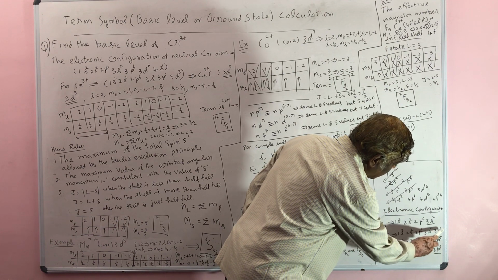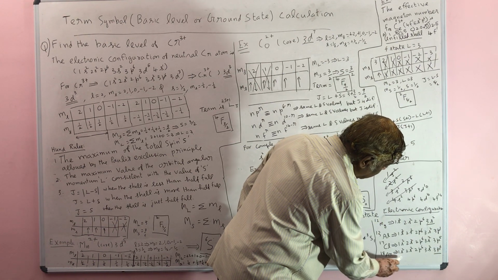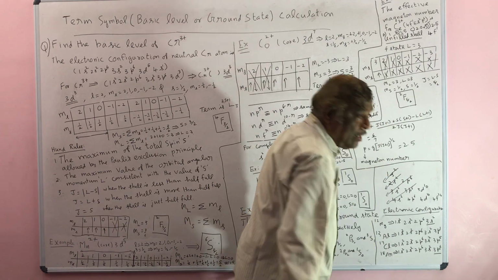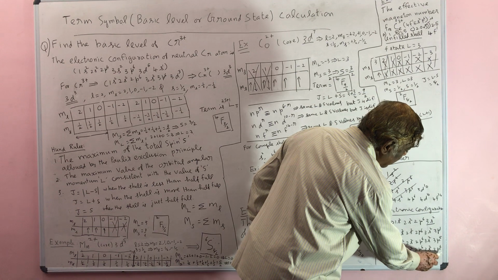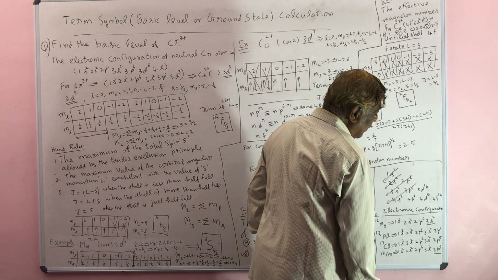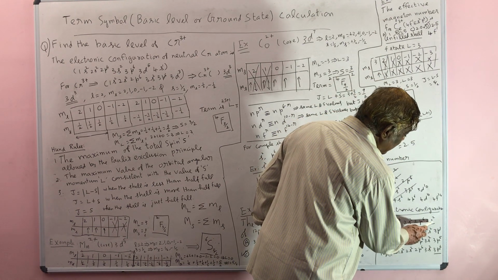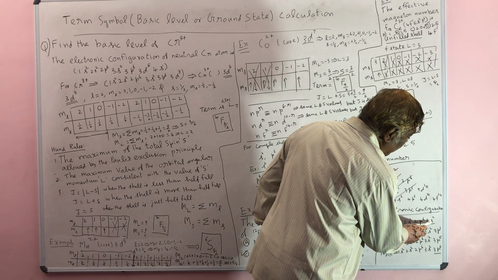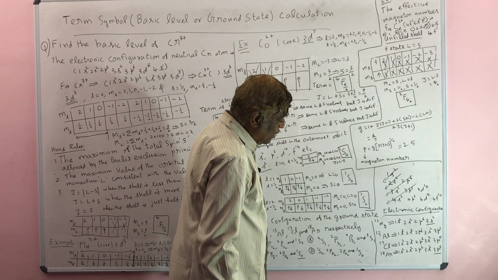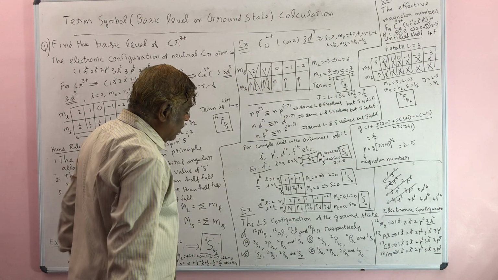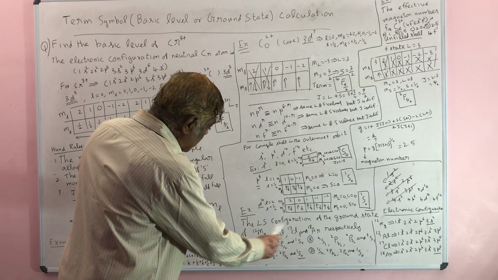This is again unfilled. For 18 alpha, once you write the electronic configuration, you know that 6 electrons are there. So it is also completely filled. So the two states are completely filled. If it is completely filled, now what is the state? Ground state, which is 1s0. So you look at the options.